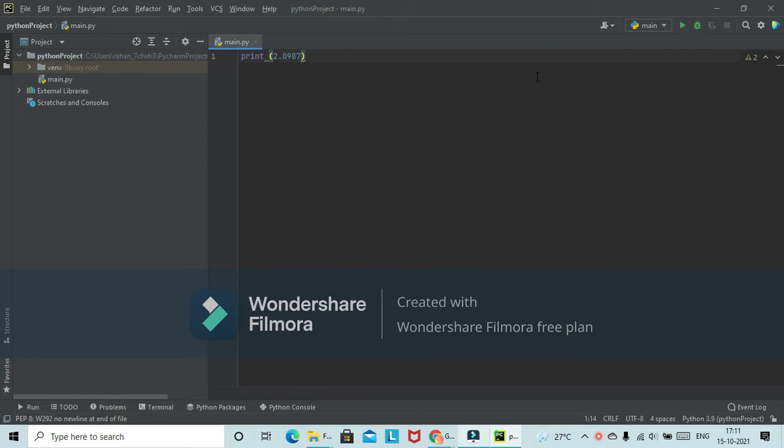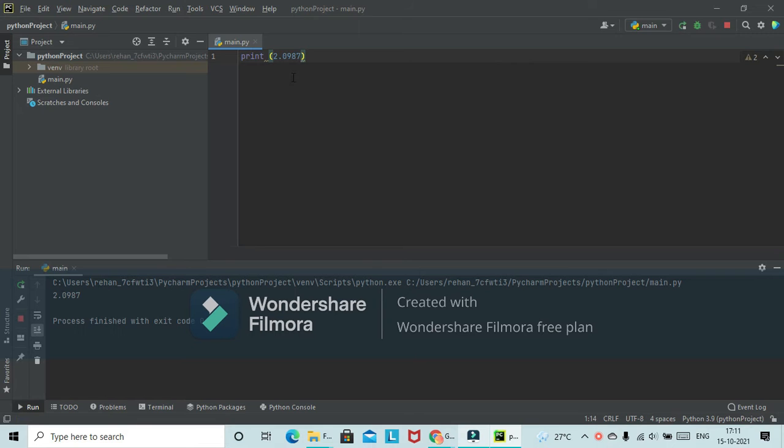I can also use whole numbers in the print statement, and you might be noticing I have put a decimal. Yes, we can also use decimals in the print statement. What I have written is 2.0987. Let me run this program and show you what happens. It will just print out exactly whatever I typed here.